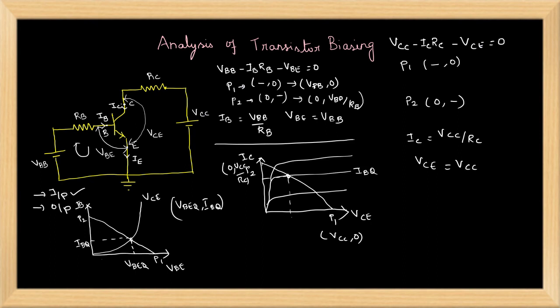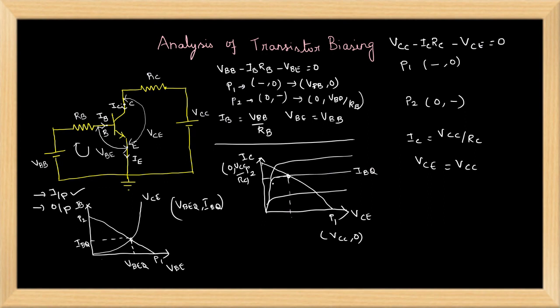Now the point of intersection, we call it the Q point of the transistor. This Q point of the transistor should be in the active region of the transistor. This operating point should be in the middle for the faithful amplification. Once the operating point is set, it should not change. The operating point may change because of collector current. When there is a change in the collector current, there will be a change in the operating point.